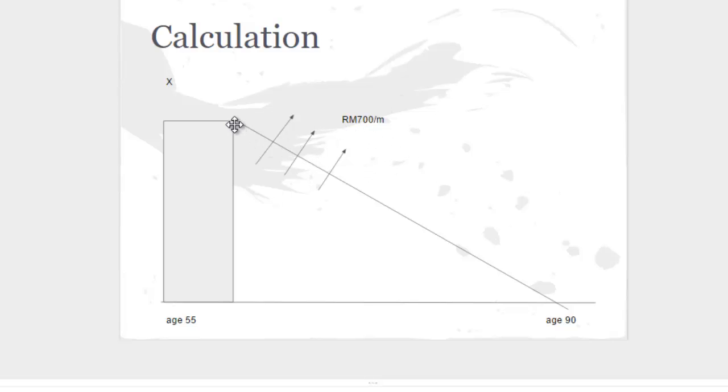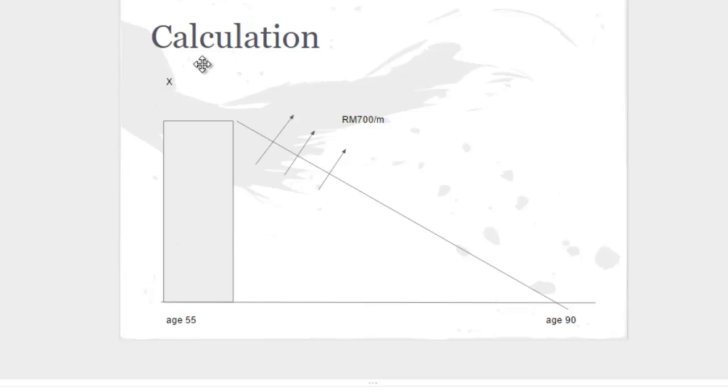That means the first year they can withdraw 700, the second year they have to withdraw 700 plus some inflation, so let's say 4%. Another year you have to add inflation again, so they withdraw more and more until age 90, and it is just enough for them to spend until age 90. So this is the concept.